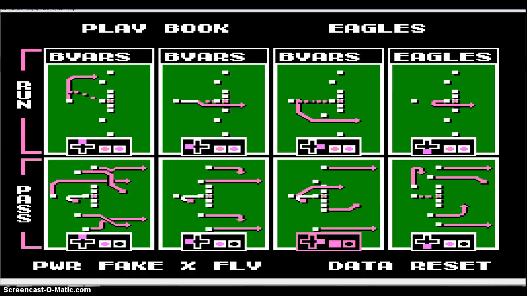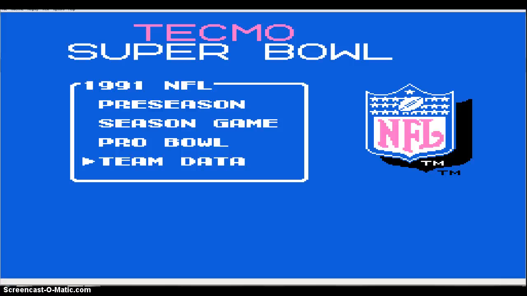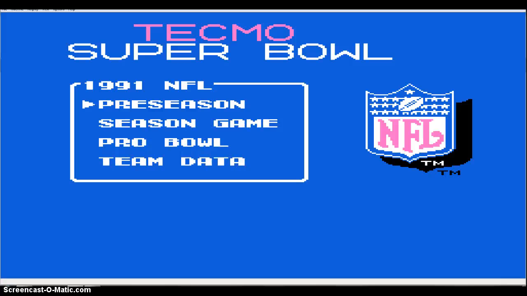Then all I have to do is hit B to go back, and I'll push B to go back again, and I'll push B to go back one more time, and then you can go to your preseason game or to your season game, and then you have that playbook assigned to that team until basically you're done. When you get finished, or if you want to start a new season and you don't want the computer to use that playbook, or you want to change